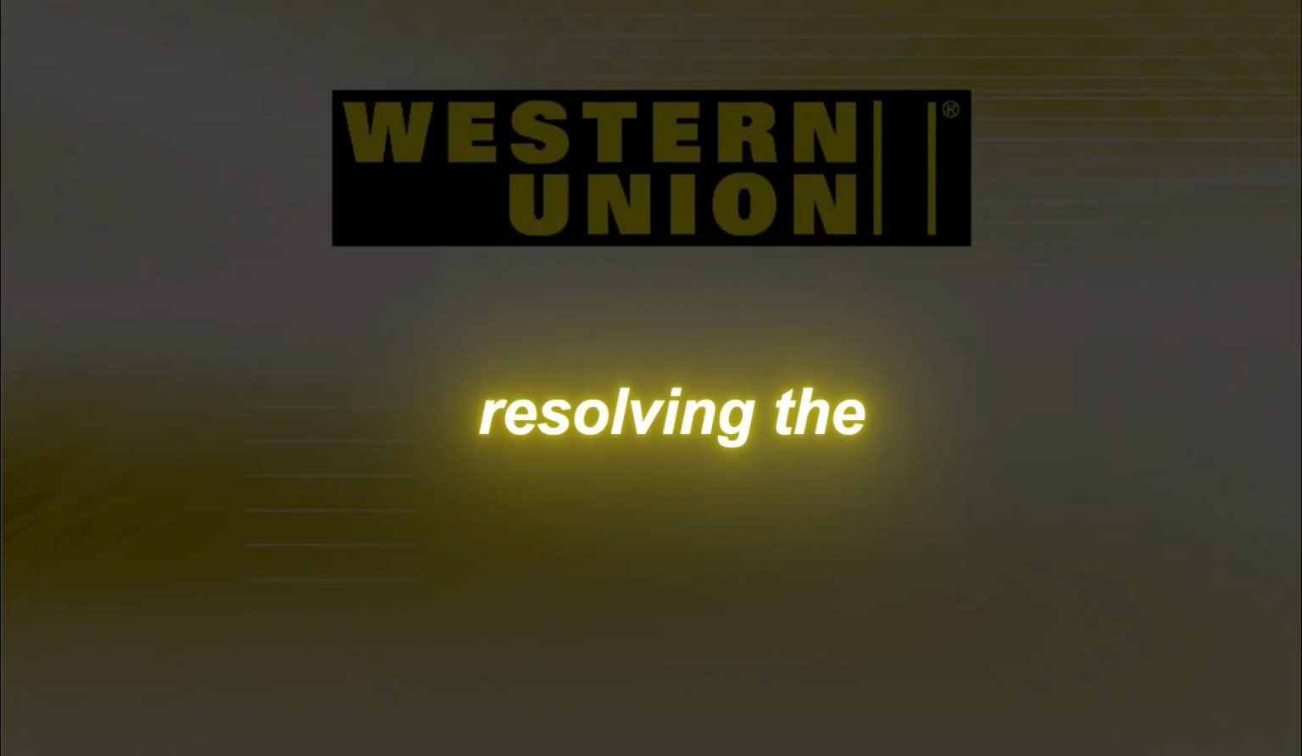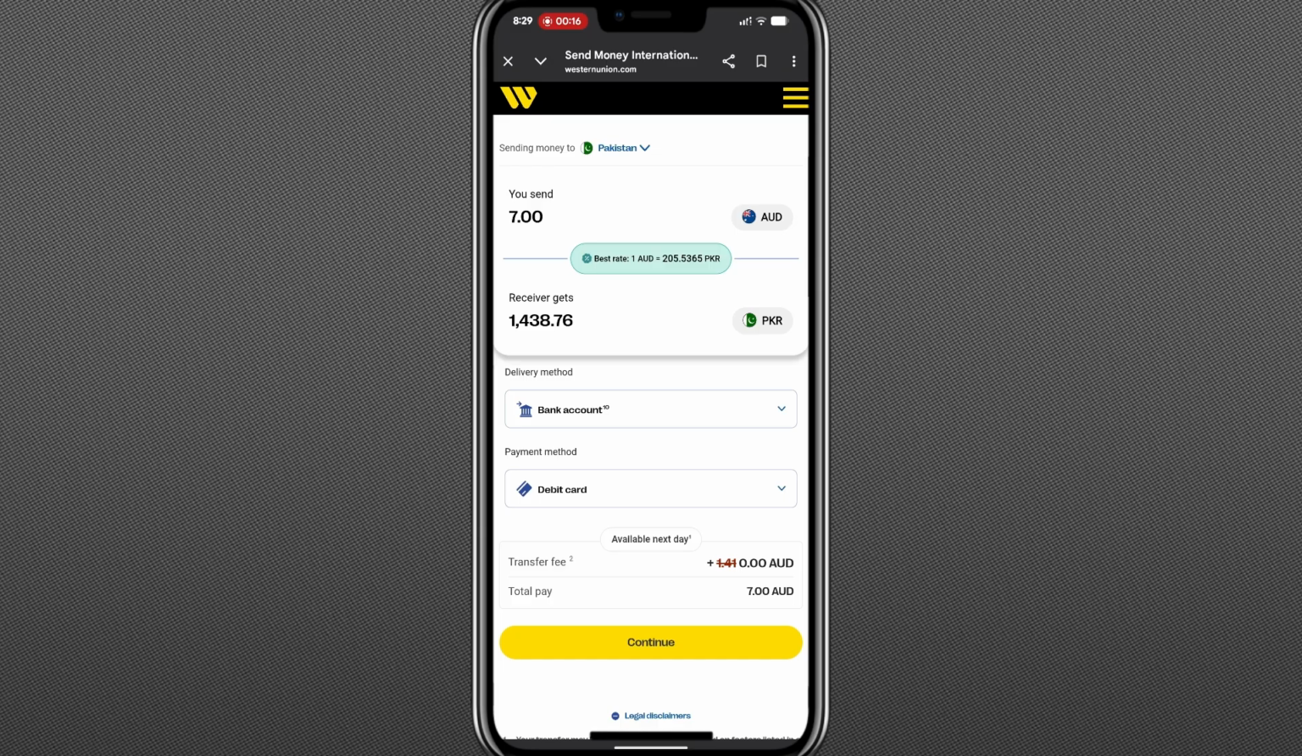To begin resolving the issue or requesting a refund, the first thing you need to find is the MTCN number, which stands for Money Transfer Control Number. This is the tracking number used to identify your transfer. You can locate this number by opening the application you use to send the money, such as the Western Union app, the STC Pay app, or the Ursel Money app. In most cases, the MTCN number can also be found in the confirmation message or notification you received after sending